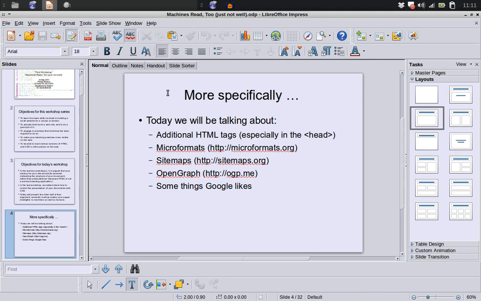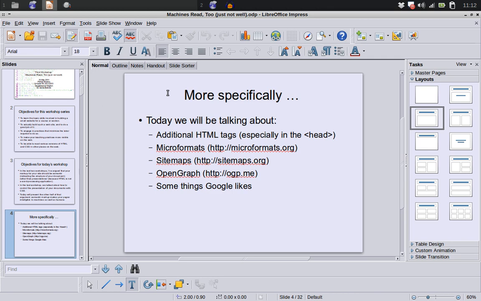And we'll be talking about some miscellaneous things that Google likes for purposes of displaying search results to various people. Or when they display your page as a search result, you have some control over how exactly that's going to be displayed. A lot of these items kind of dovetail with each other, so that there's a comparatively small number of